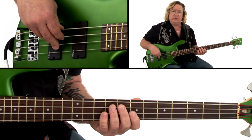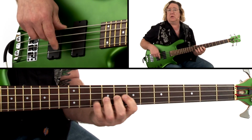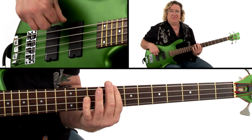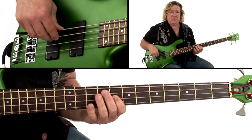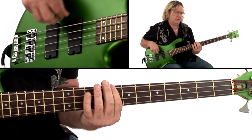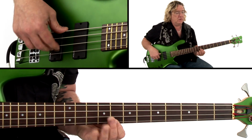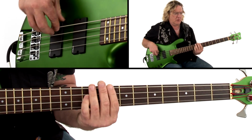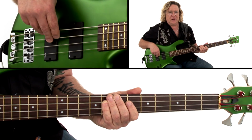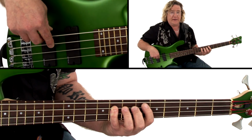So bar 4, without the ghost notes, would sound like this. But if we add the ghost notes, it adds a little subtle coloring. Bars 5 and 6 repeat bars 1 and 2. And you see I go up to the 7th there occasionally when I'm going back into the riff, leading back to the top. And here we have a whole series of 16th notes going down, the 3rd, the A,